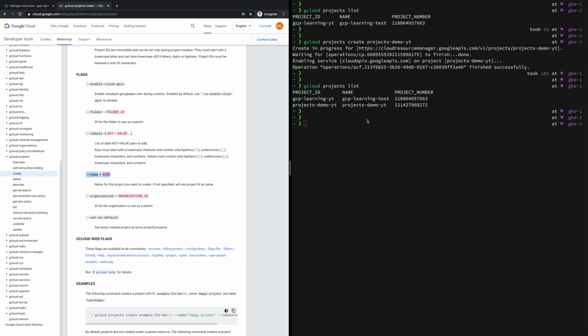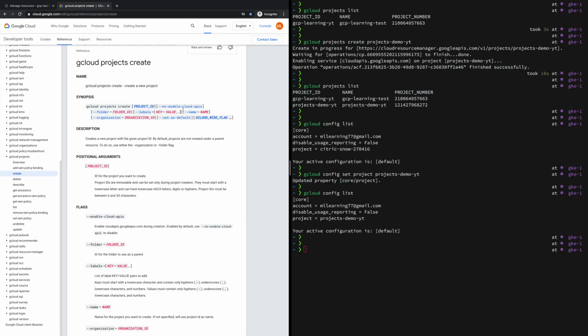In this case, we have not provided any name, we had just provided the project ID, so the project ID will automatically be converted into the project name. But if you want to give a different name, you can use this dash dash name. If you have an organization node, you can also provide the dash dash organization flag. And if you want to set that project as your default, you can use the same. Okay, so let me show you one more thing.